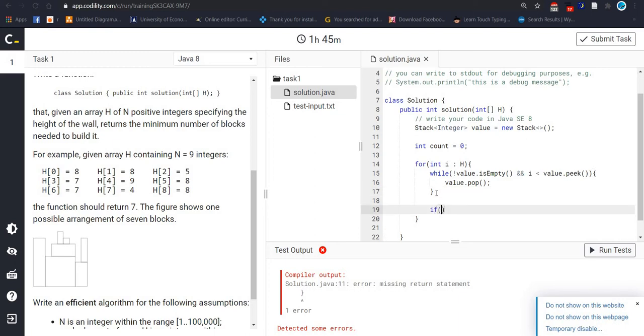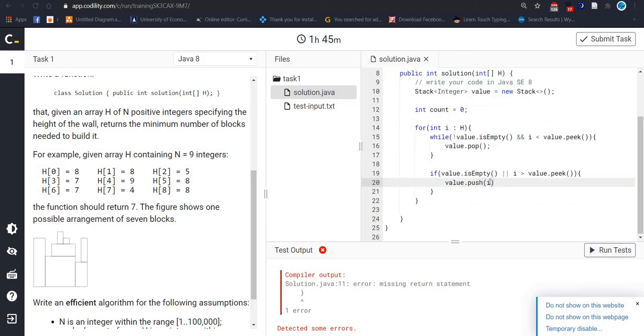Now we check another condition. If below is empty, or I is greater than below.peek, then below.push, and it will take the value from I, because we are iterating our array values and defining them inside this variable.